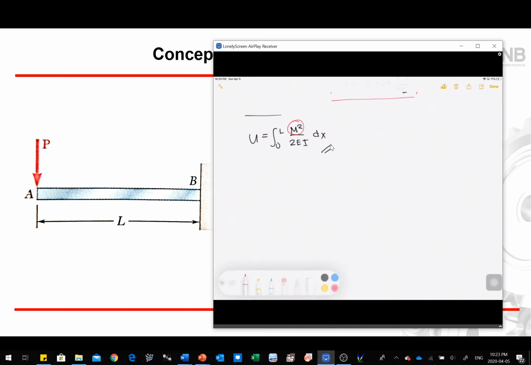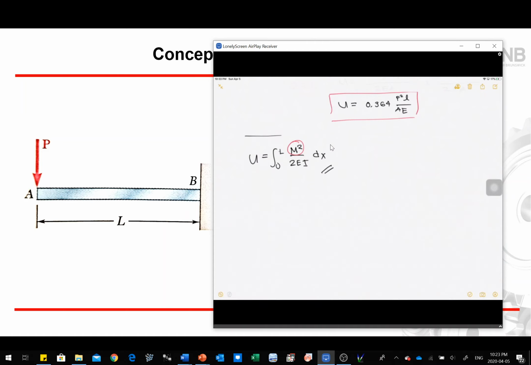Now, how can we get the moment from our beam? Again, going back to our discussion on beams, we can cut our beam and get the expression for our moment. So this is the beam from the left. That's the force P. Now we can cut our beam in this section right here, and eventually you will get M is equal to negative